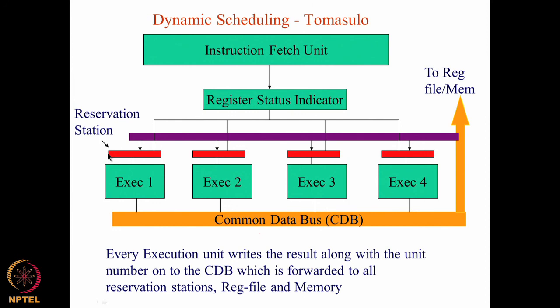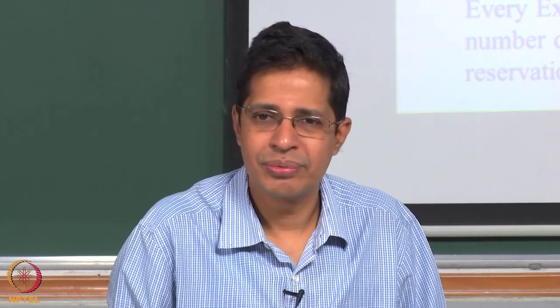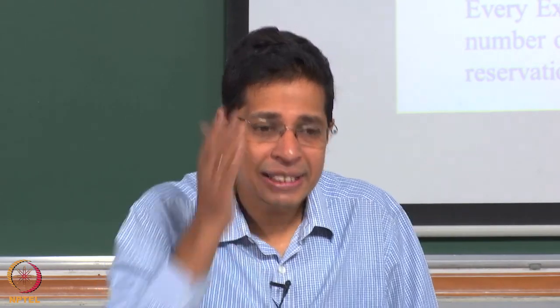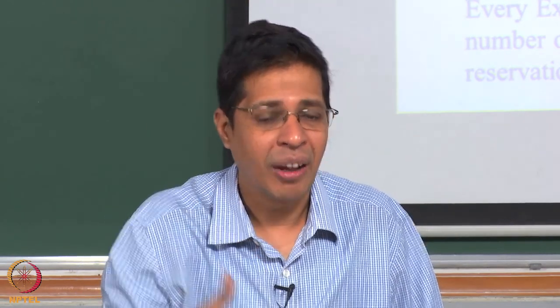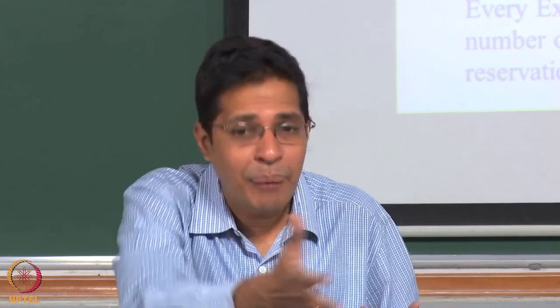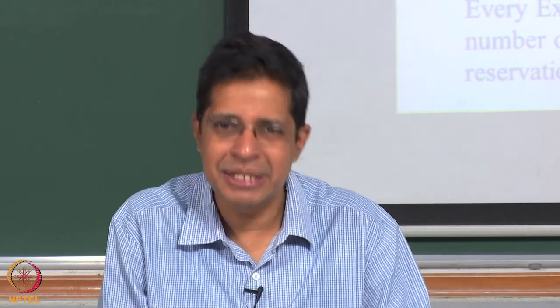When that unit dumps the result on the common data bus, it will come to me through the violet bus, and I will take it and proceed. So operand forwarding is happening, and your instruction automatically gets stalled if the data it needs is currently being computed and is not available. Both things are happening. When a previous instruction is still computing data that I need, I am automatically stalled, and when it completes, the data is forwarded to me automatically. Are you able to understand this architecture? It's a very simple, very nice architecture.